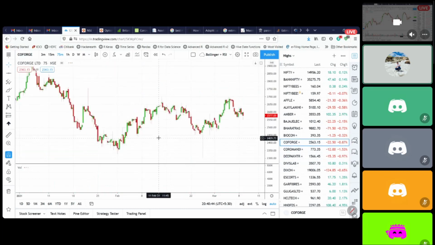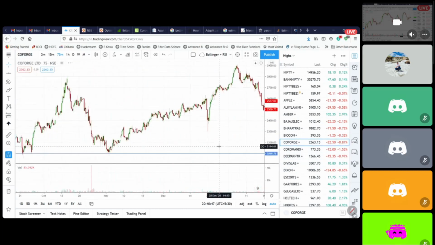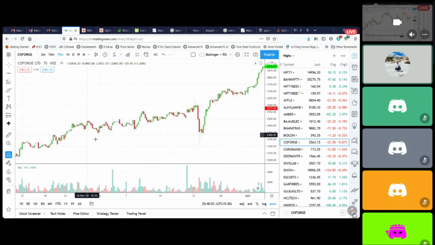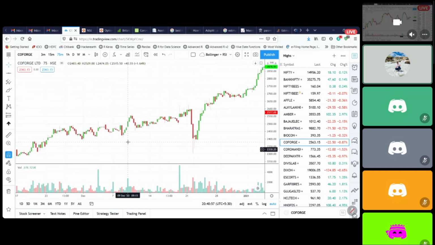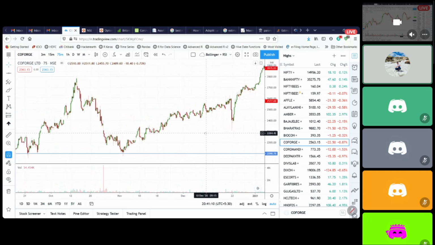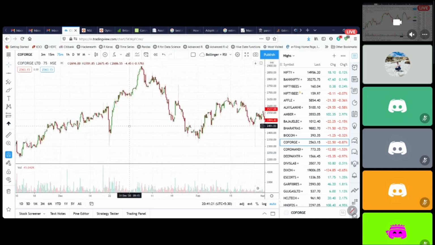I look at Coforge again. Same thing around this time. So it was continuously making these bottoms here at 2400. And then I think just around this time, it fell big, gave some wicks only, didn't close below and gave these good green candles here. So this is where I went, around 2450. Coforge, directly targeting first immediate at 2620 around these highs, second target at 2750. So they got booked out.